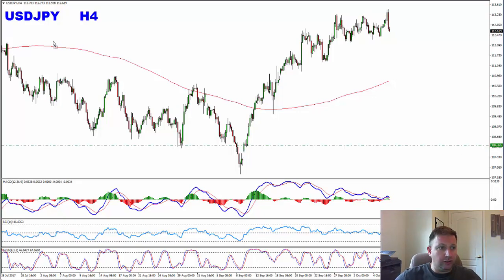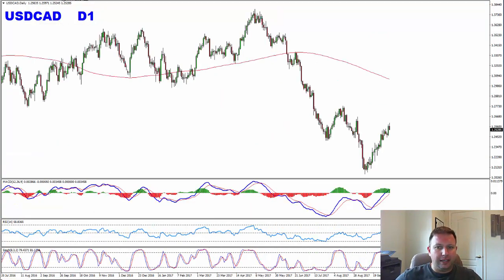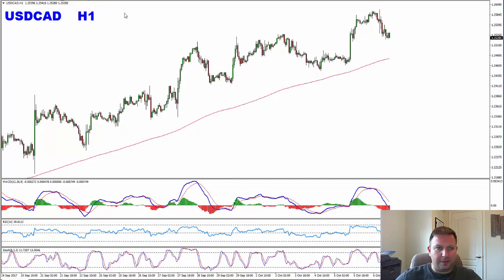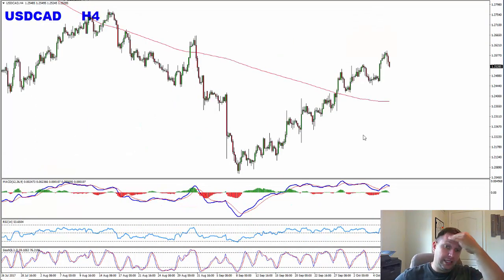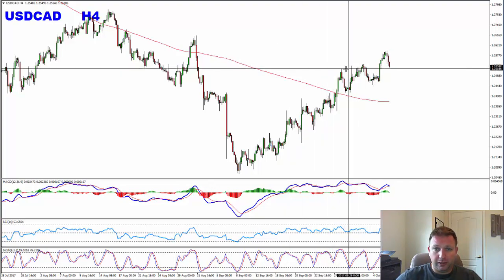Next one on the list, dollar Canadian, which from one side might change it for the short-term correction to the upside, and that's what I actually expect from this pair, since it created for us a special cycle movement. Here, 1, 2, 3. I would look easily here for the sell opportunities. We have a false break. We have another false break here on the